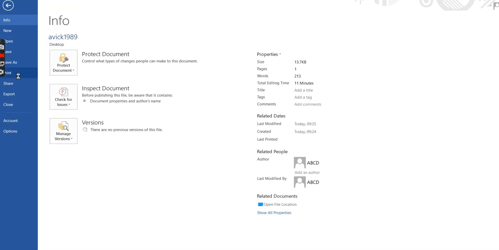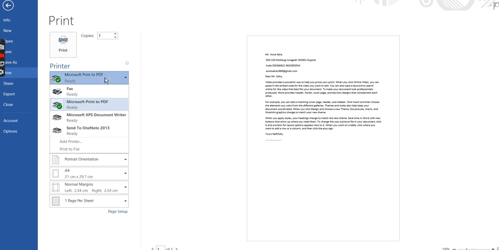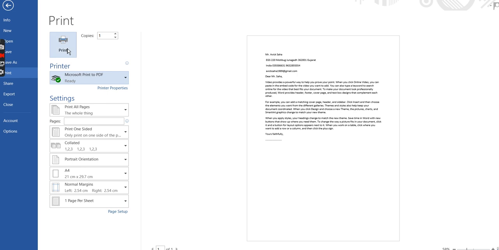After that, one thing I just want to show you more, that is print preview. When you go to the print preview, you can see this one. This is the letter that you made and that is created. After that, if you want, you can print it out, or if you want to make it a PDF and mail it to your friends or whatever you want, you can do it. This option is given for that only. This is print to PDF.